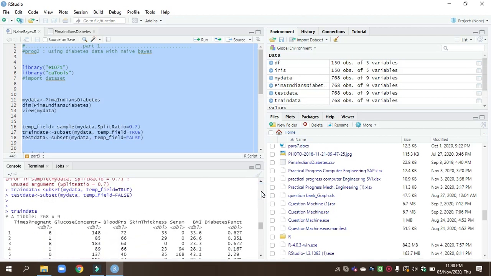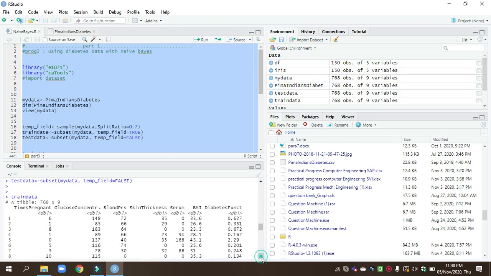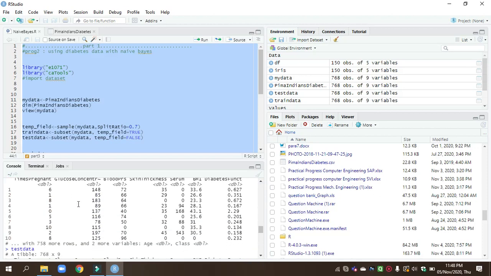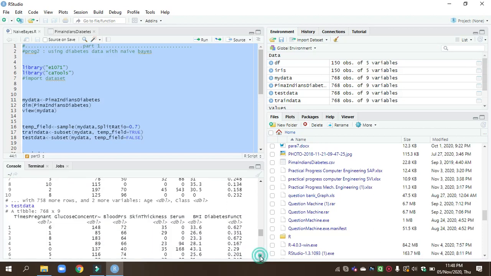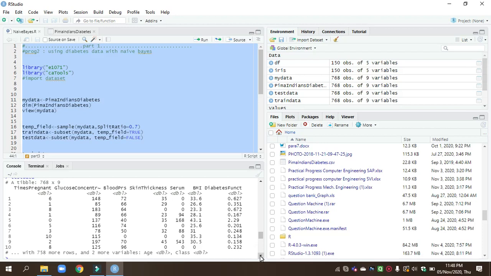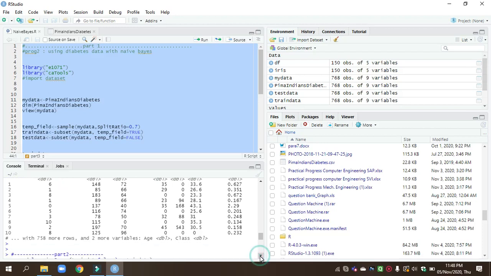So we get this, our first part is completed here. We split the data into the train data. This is the train data sets. So it gives the first 10 train data sets. Then it gives the test data sets.